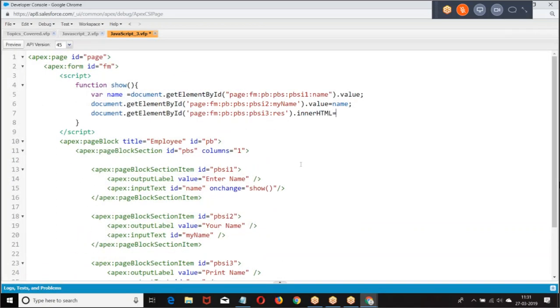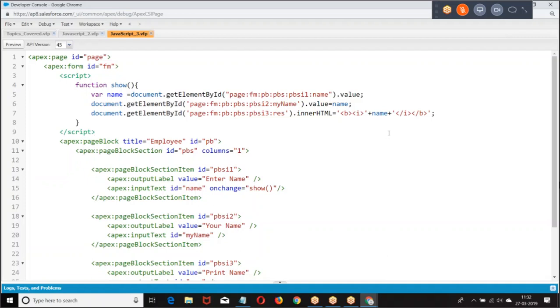Because I want to print like output, it is innerHTML.